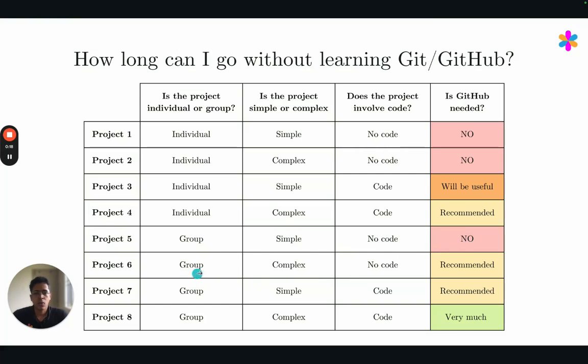But if it is a complex group project, even if code is not involved, Git and GitHub are recommended, because let's say you are a team of 4 people writing a very big 350-page book. If you are working on this book on a Google document online, you probably don't need GitHub.